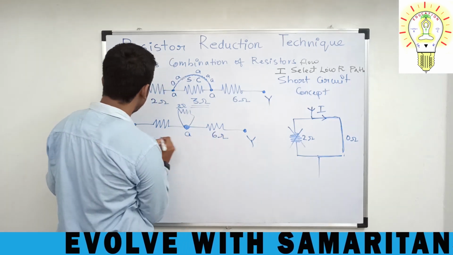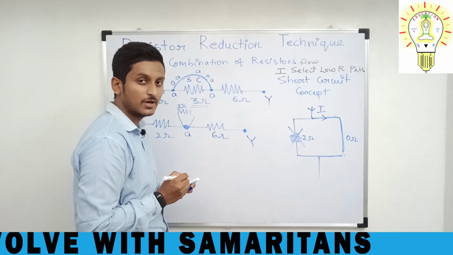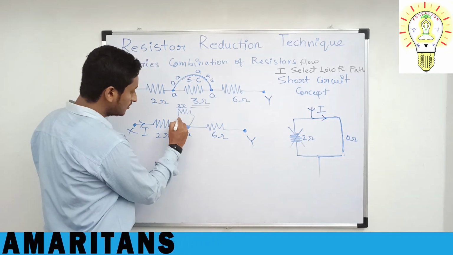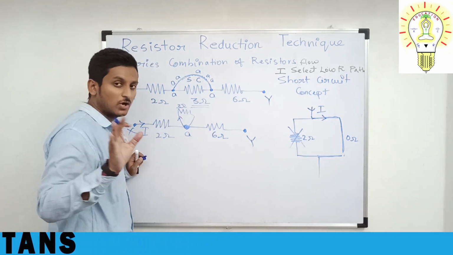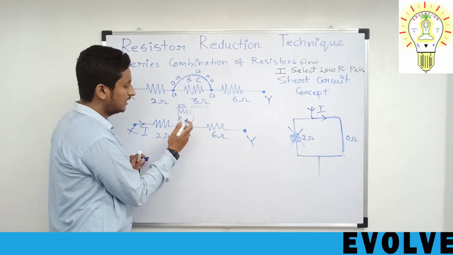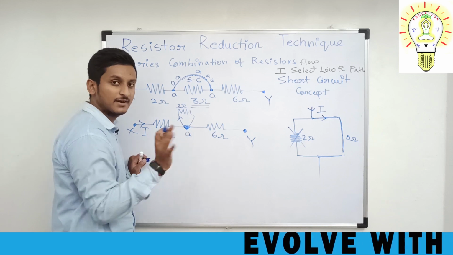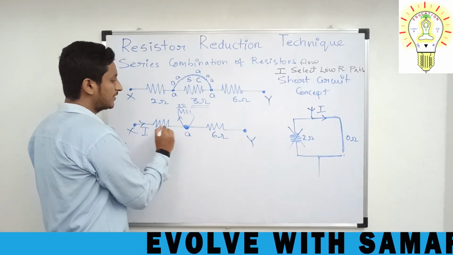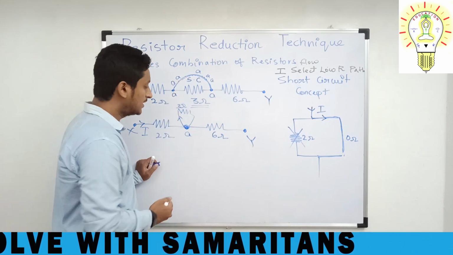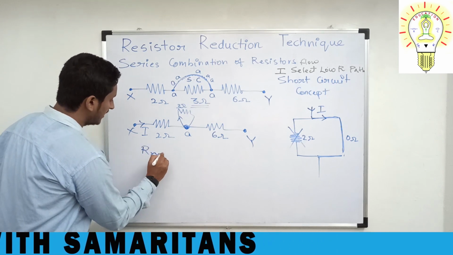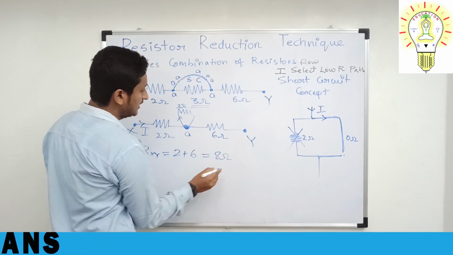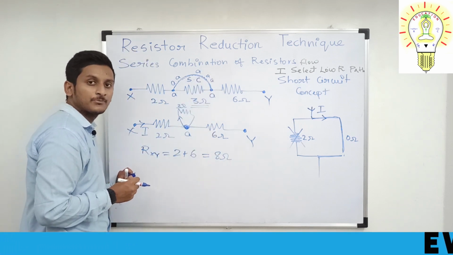Now this is 6 ohms resistance and this is 2 ohms resistance. Alright. Now if I take current I and allow it to flow through it, will the current go into this? No, it will not go through the 3 ohm resistor. This is like a self loop, or else it is like two ends are connected to the same point. Then the current will not flow. Okay. So the current will now try to flow like this. Now it is similar to the previous problem, where we have taken two resistors. So the equivalent resistance between X and Y will be 2 plus 6, that is 8 ohms. This is the solution for the problem.